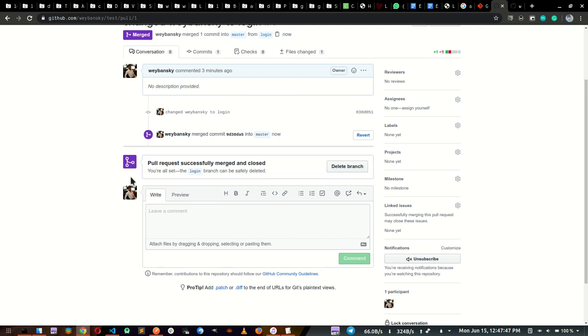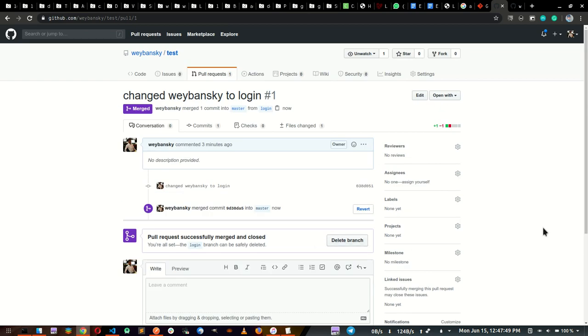Once I merge, it gives me an offer to delete the branch. If it was a feature branch, like feature login branch, you don't need to keep working inside the login branch. These are just conventions. There's no actual standard. So you can delete the branch instantly if you want to or not. No one minds. Right now, I'm just going to leave it like that. And then you can immediately revert or whatever. So if I go to my code now,